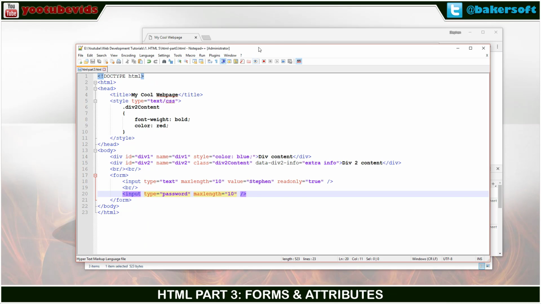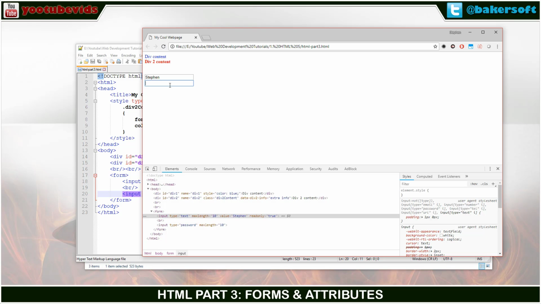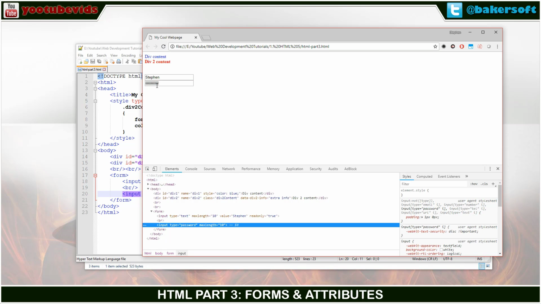So we have a password with a max length of 10. 1, 2, oh wait, that's pretty neat. So I can type in up to 10 characters, but since it's a password, it's not going to show me what the password actually is. And I believe no matter what you do, you cannot find out. I don't believe there's any way that you can find out what the value of this actually is. Now, the one thing I would say is